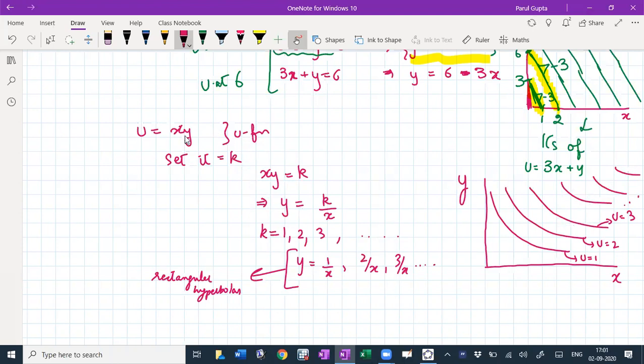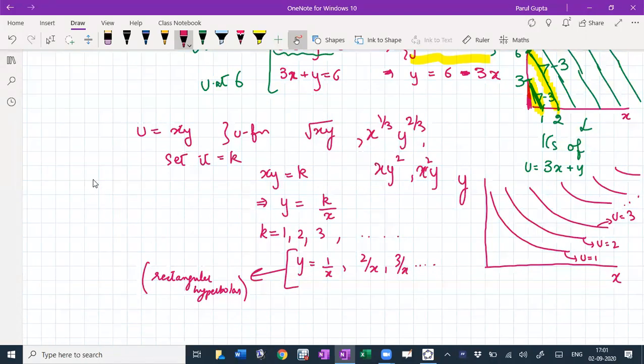These kinds of functions where x and y are multiplied together will all have this kind of shape. So instead of xy, if I take root xy, that's also going to have the same shape. X to the power 1 by 3, y to the power 2 by 3, also the same shape. Xy square, same shape. X square y, same shape. All of these are going to have the same shape. So if you remember the shape of a rectangular hyperbola, you will be able to draw all of these. But of course, first you'll have to recognize whether these are actually rectangular hyperbolas in 2 dimensions.